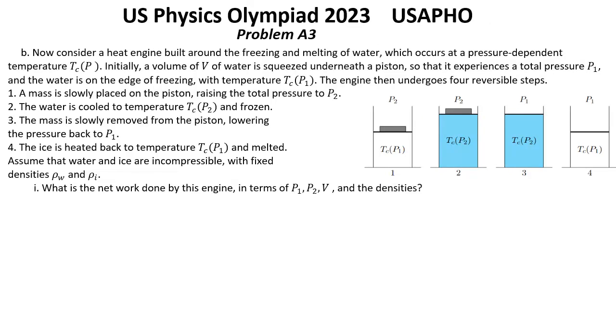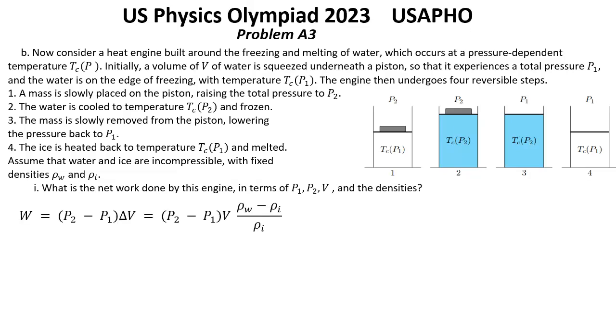Solution for part B. Question 1. What is the net work done by this engine in terms of P1, P2, V and the densities? Solution. The system expands at the pressure P2 and contracts at the pressure P1. So the net work done is